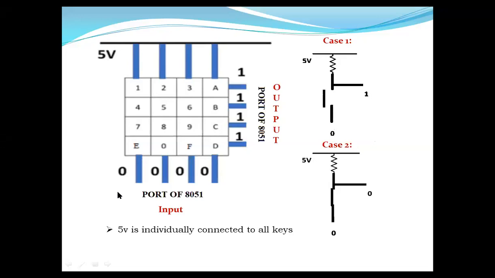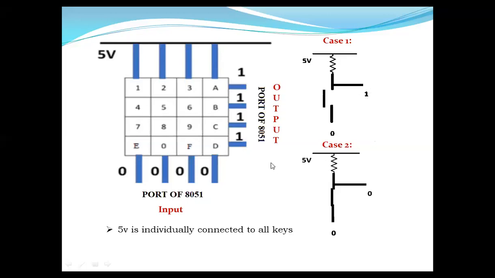Okay, first for example I have kept all the inputs as 0, and I'm making all the outputs as 1. Okay, so these lines should be connected to the port of your 8051. Here these inputs what we are taking, that also should be connected to 8051. Now case 1 is, if I am not pressing the key, this is how it will be. The keys will not be in contact with these two lines. Now, it is 5-volt, I'm keeping 1 here, I'm giving 0. There is no connection, so this 5-volt will be converted to 1. Your output will be 1 only.